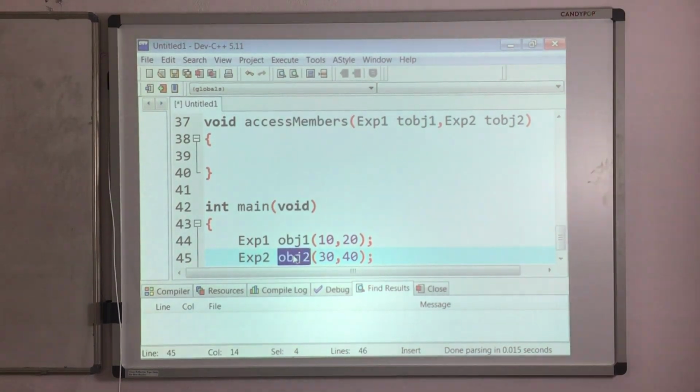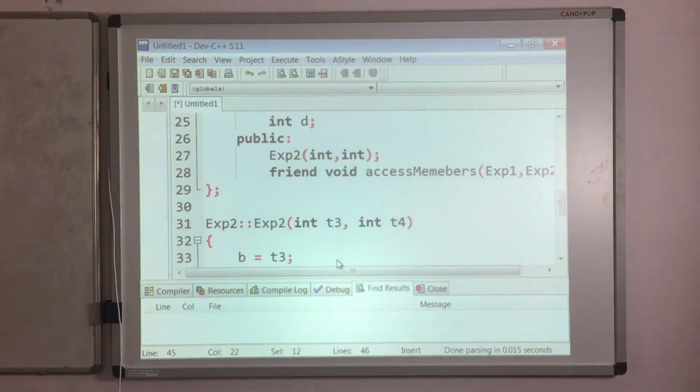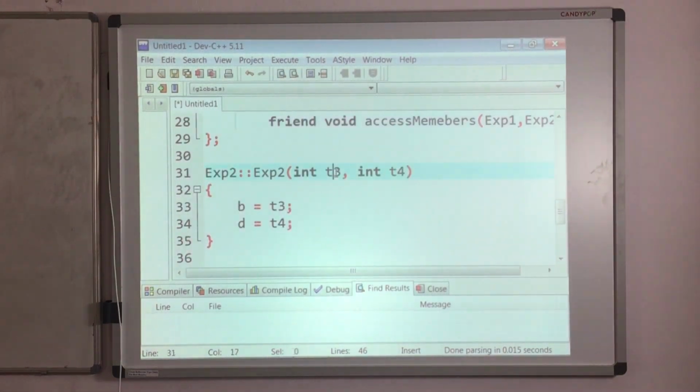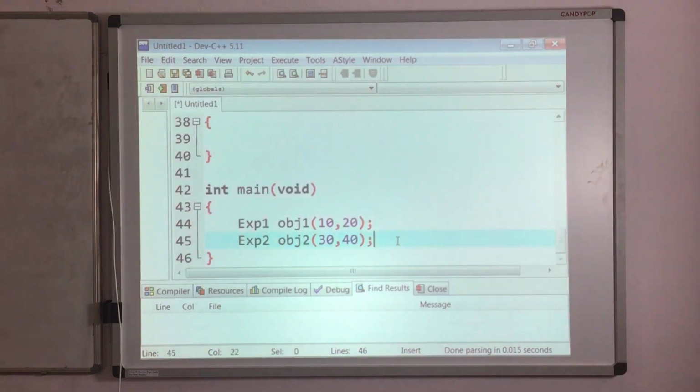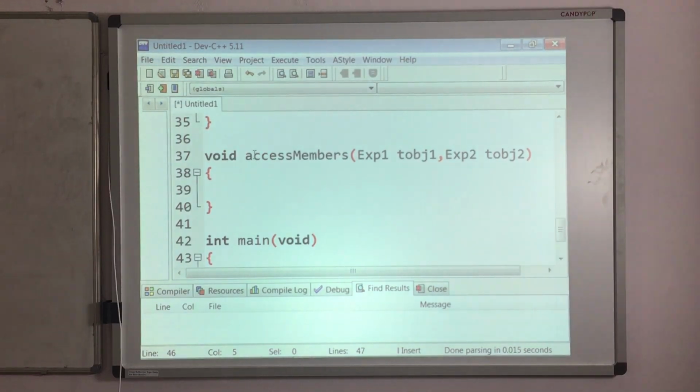This will invoke the constructor of exp2 class by passing 30 and 40 as parameters. So T3 will become 30, T4 will become 40. T3 will be copied into B, so B will become 30, and T4 will be copied into D, so D will become 40. So likewise. Next thing I will do,